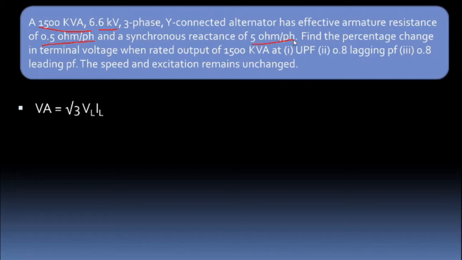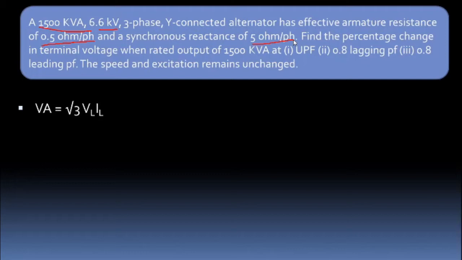Now this is where most of you make the mistake. If the power of the machine is given in kilowatt, you need to have root 3 VL IL cos phi. But when it is given in kVA, you have just root 3 VL IL. Cos phi is not there. So if it is watt or kilowatt, it is root 3 VL IL cos phi. And if it is VA or kVA, it is just root 3 VL IL. So cos phi is missing there. Just pay attention to this, because this is where you make mistakes.